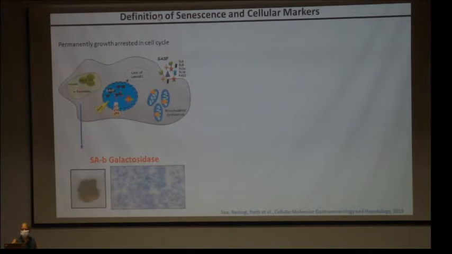So with this background, I'm going to now come with the definition of what a so-called non-regenerating hepatocyte is. The definition of senescence from a cell biology point of view: these are permanently growth arrested. If you have to have a marker, it's Ki67 or PCNA negative, and they are no longer doing any proliferation. Besides that, they have a number of changes which occur. One is the cell size, which the pathologist can see in an H&E section. And at least in vitro, we find that there's an enlargement of the cell.